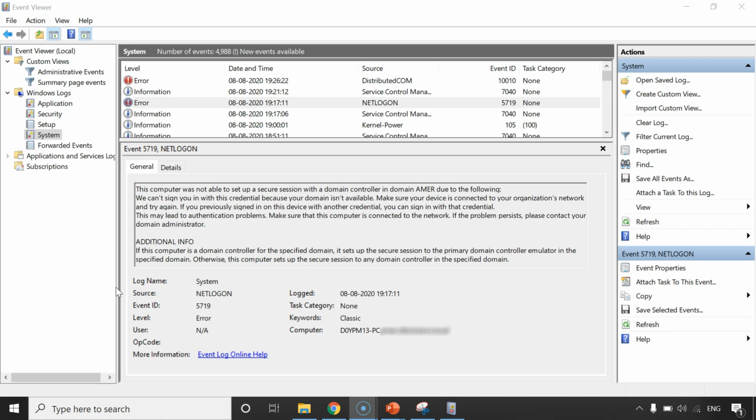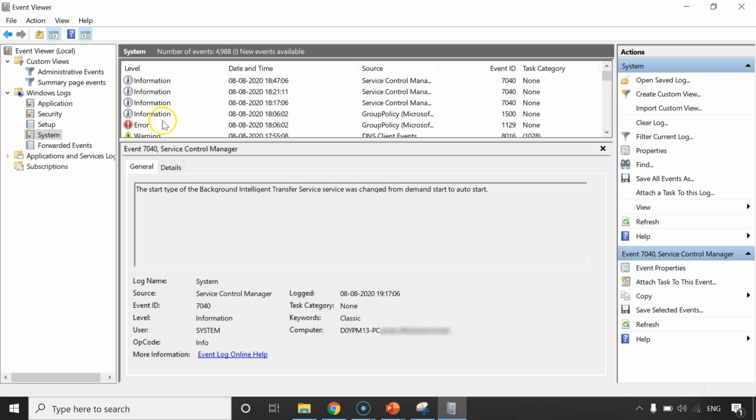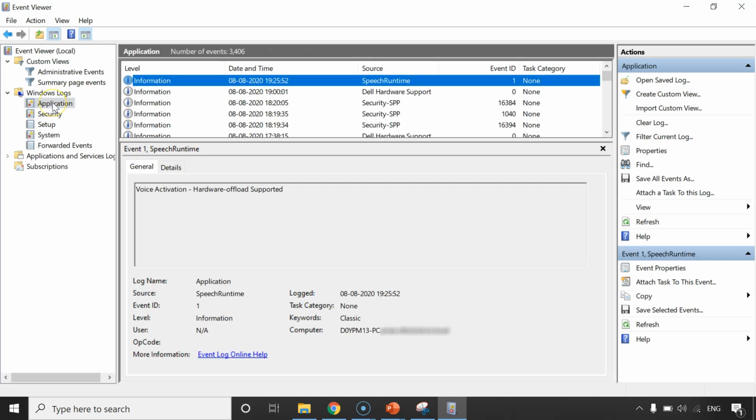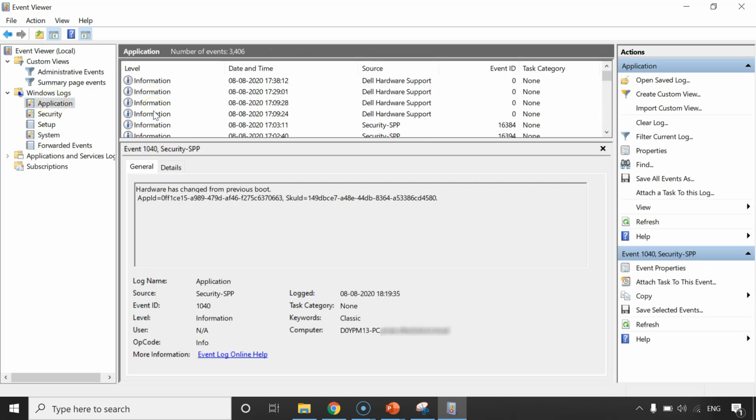So with the help of event viewer, we can start with our troubleshooting, right? Whatever the error is, it could be one nice place from which you can start your analysis of what might have gone wrong and how you can fix it. All right. Now,